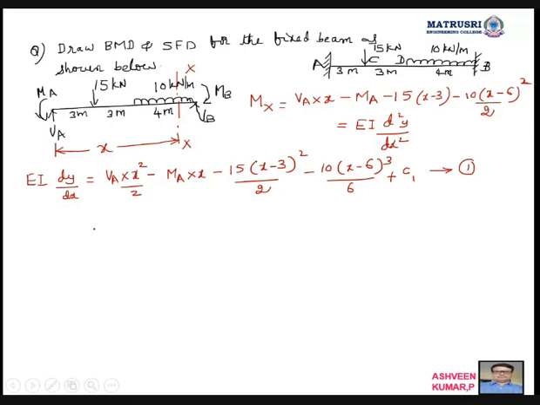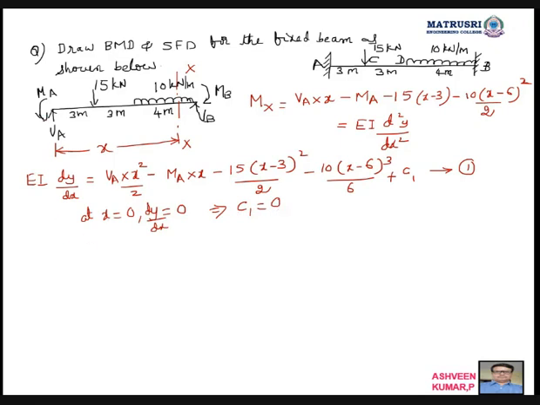So here at x is equal to 0, y is equal to 0. What will happen? This is 0, this is 0, this is also 0. 0 minus 3, minus 3 will not be considered in the Maclaurin's method. Here minus 6 also will not be considered. So C1 will become 0. That is the one condition. Sorry, dy by dx is equal to 0. At x is equal to 0, dy by dx is equal to 0, C1 is equal to 0.